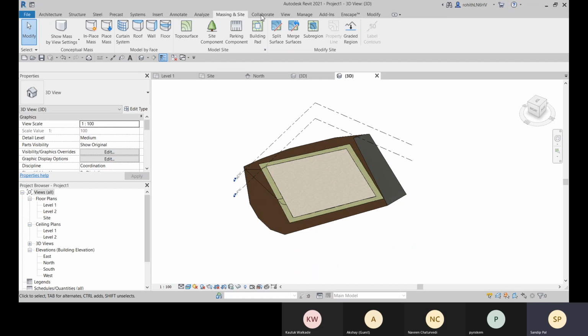Either you can make it ready within the template file with all the levels and grids and everything, and with that template file, you can start creating your project. Or else you can create it within this project. So go for it, practice it, and let me know.